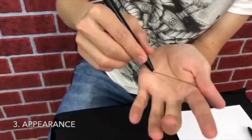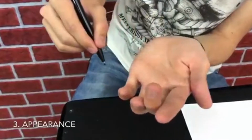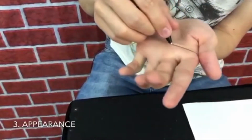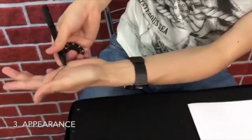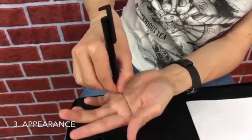Make sure when you draw on your palm that you do not collapse your palm, making a shadow. Make sure your palm is straight, and so the line looks like it appeared on your palm. To do this, extend your palm to your maximum extent, and then draw the line. And now, draw the line, hold the